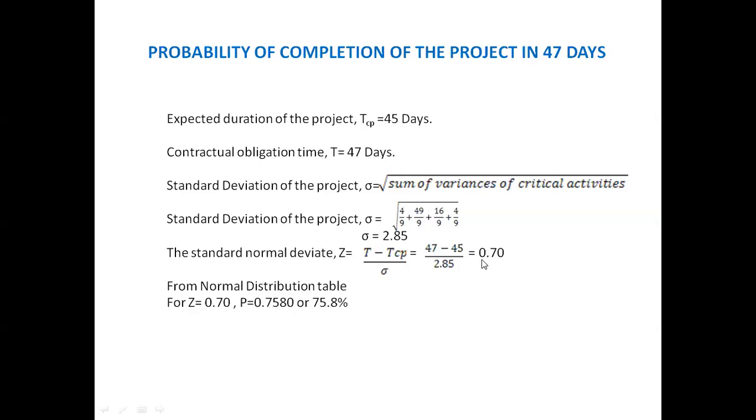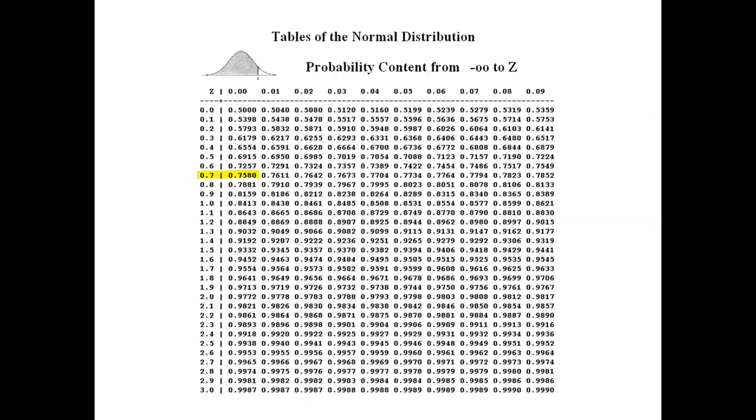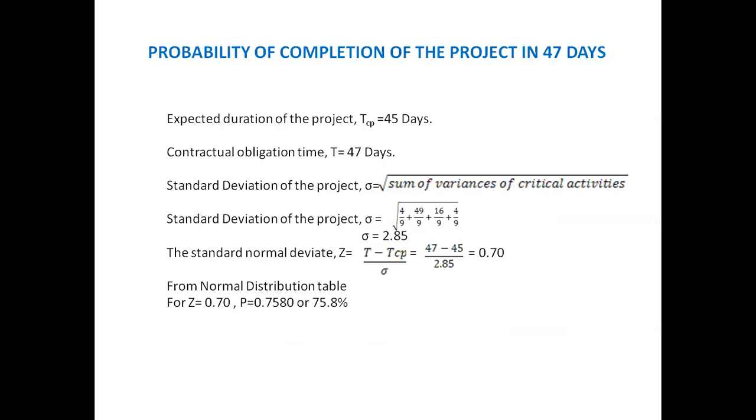And from the normal distribution table, for the value of Z 0.7, the probability is P equal to 0.7580, which has to be taken here. That is, for Z equal to 0.70, P is equal to 0.7580 or 75.8%. Hence, the probability of completing the project on 47 days